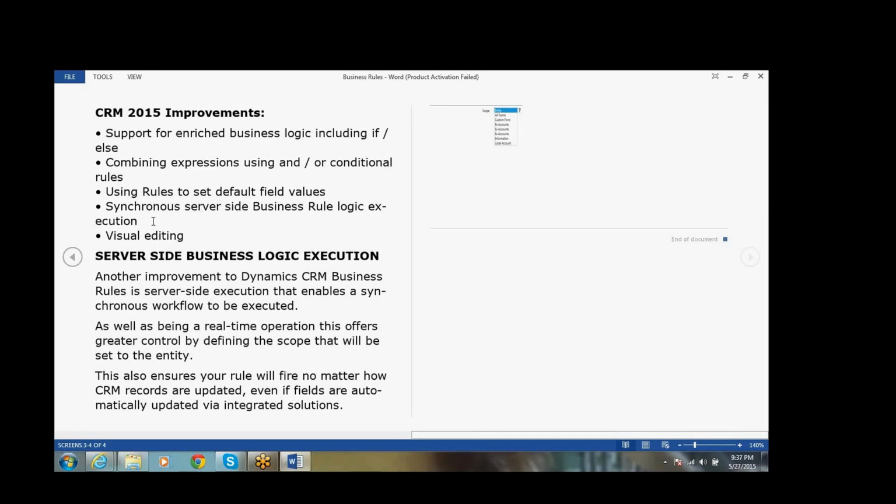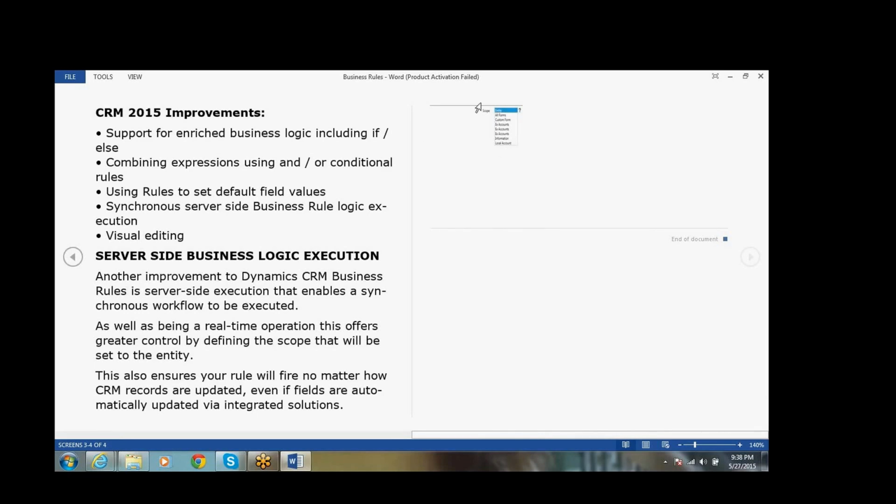They also gave synchronous and server side business rule execution. For example, you have created one business rule and you want to execute it in server side code, like from a workflow or from anything else. How can we configure this?